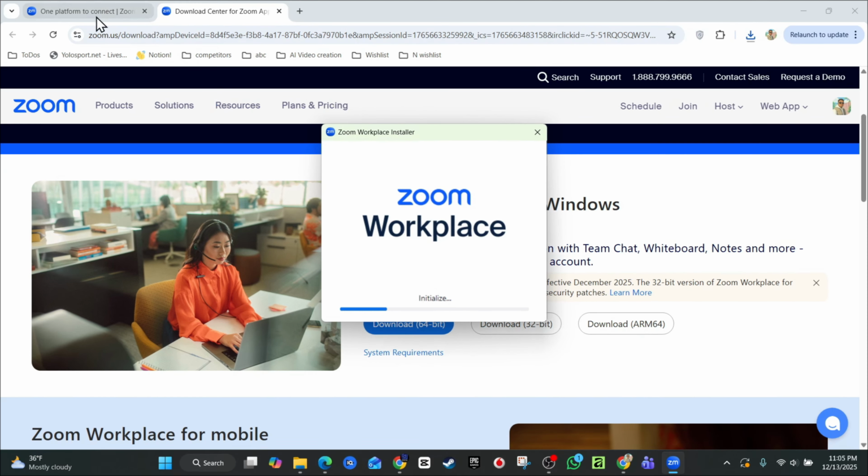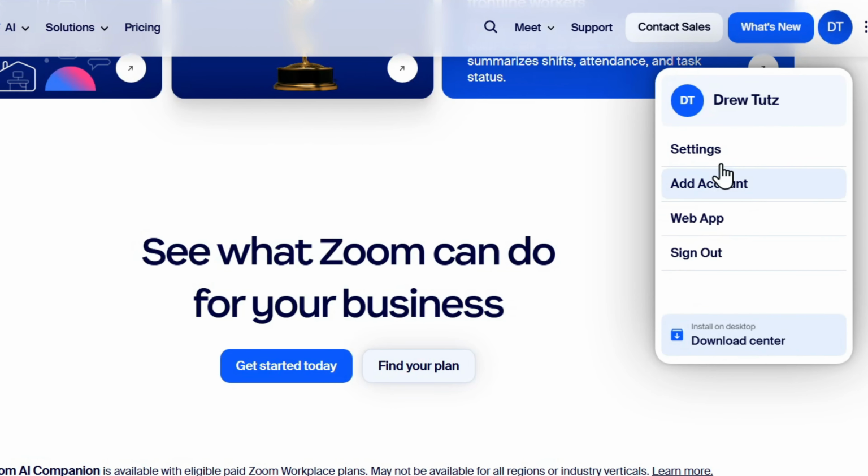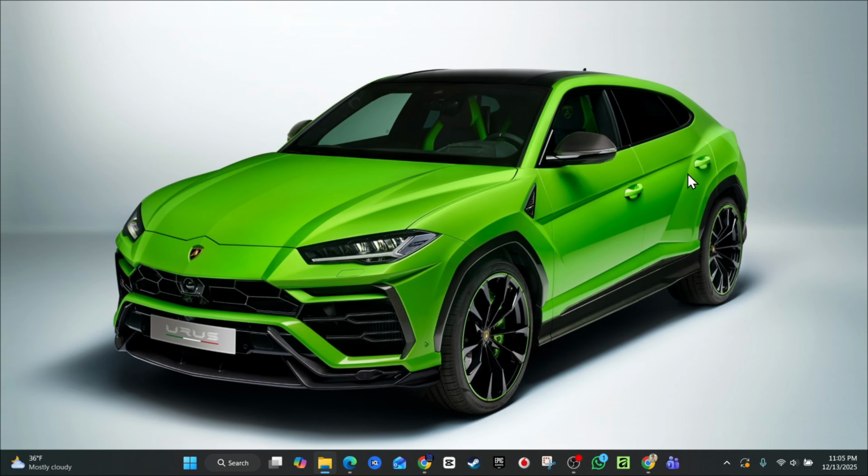In the meantime, I'm going to just simply head back over to my account. So if I click my account on the upper right, I can even head into my settings and even download the center right here, as you can see from my account. But yeah, once you download and install it on your computer, guys, you will see that you have Zoom available